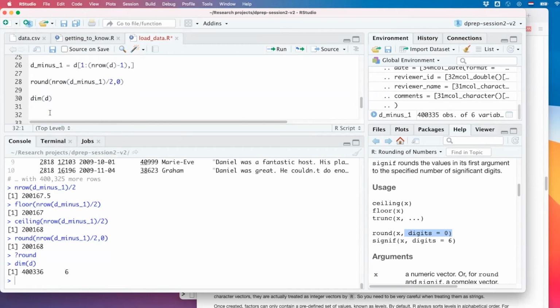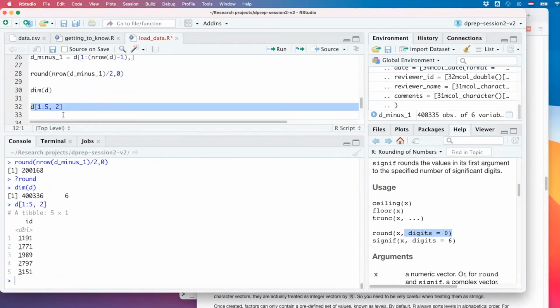But you can imagine objects of different sizes. Objects can be multidimensional. They can be 10-dimensional, right? So with dim, you get what the dimensions are. Suppose I wanted to select stuff from here. I need to specify which dimensions. From the first dimension, I want the first 5 rows. From the second dimension, after a comma, I want the second column. And then I get this.